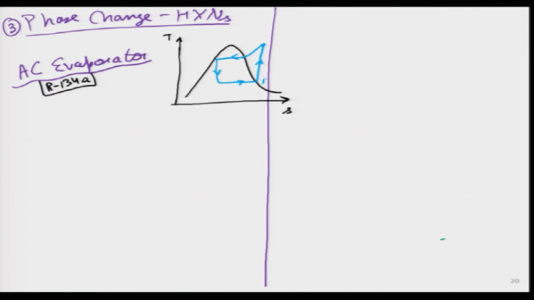So, we start with state 1, state 2 is compressor, 2 to 3 condenser, 3 to 4 throttling valve, and 4 to 1 is the one for which we have paid a huge amount of money to the AC, that we wanted it to cool the room. So, that is happening from 4 to 1, and that is what this evaporator section is. So, 4 to 1 we are calling the evaporator.